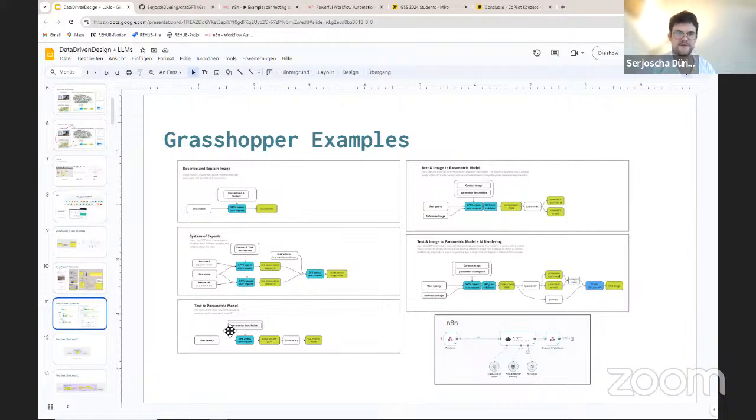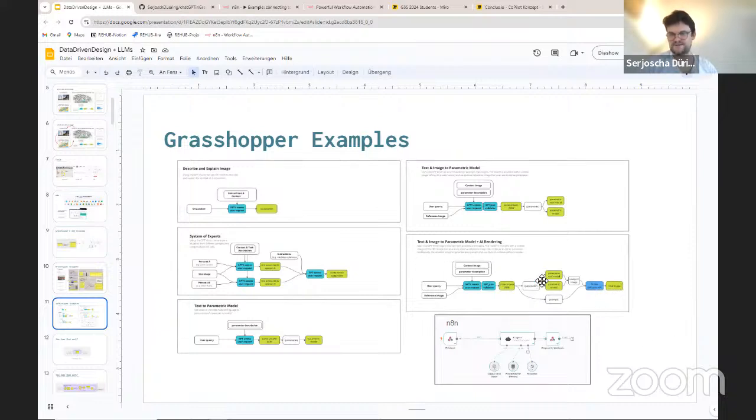Then I have examples on text to parametric models. So quite easy, you give the text input and then we generate parameters for a parametric model. Then the same with image inputs. That's a bit more complex in advance. The model has context of how your quarter actually looks, and can also make spatial references. You could say the buildings near the lake, please make them a bit lower so the views are not blocked, right? This could be possible to account for there. Then GPT is called and parses the answer into the parameters. And then there's also a workflow where I attached an AI rendering API at the end, some Stable Diffusion model.